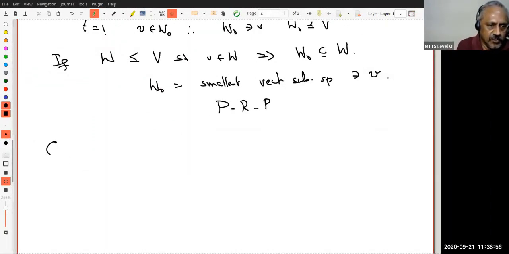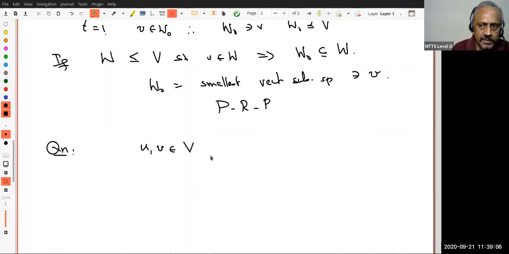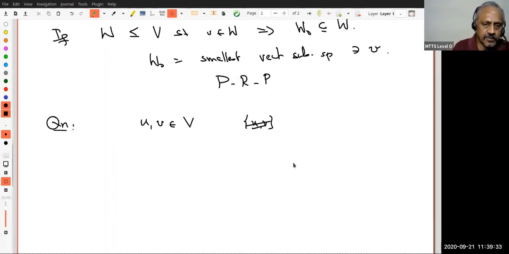Now that we have been successful with one vector, we can ask the next one. Suppose u and v are vectors in V. Notice that when we say u and v, we are not claiming u and v must be distinct. They may be equal also. The set {u, v} may be a singleton also. That's what I mean. When you write u comma v, there is a possibility u could be v. You should remember this kind of thinking. This will be used often.